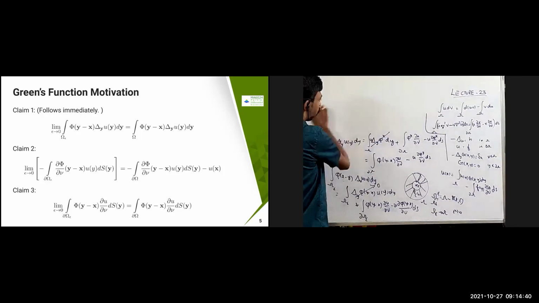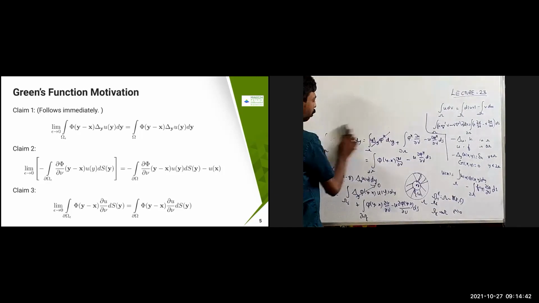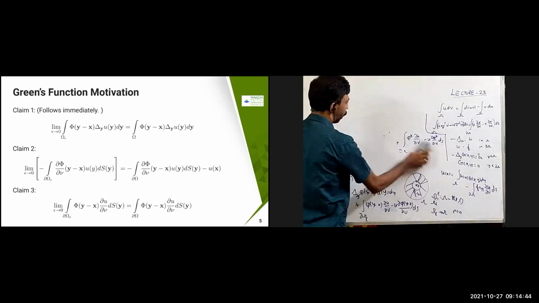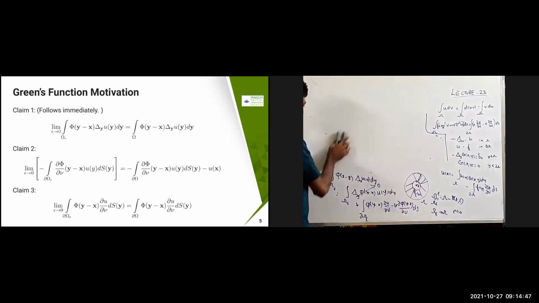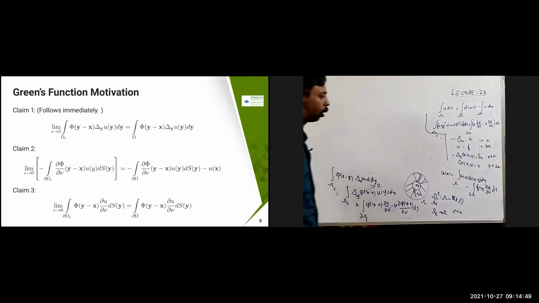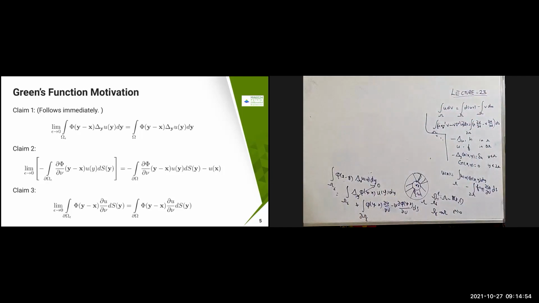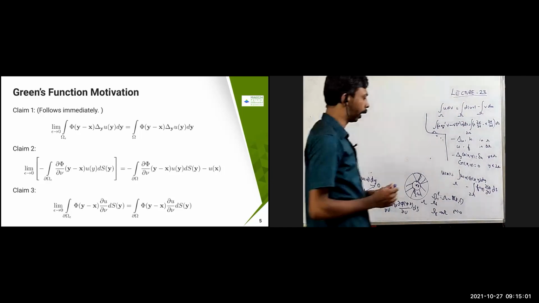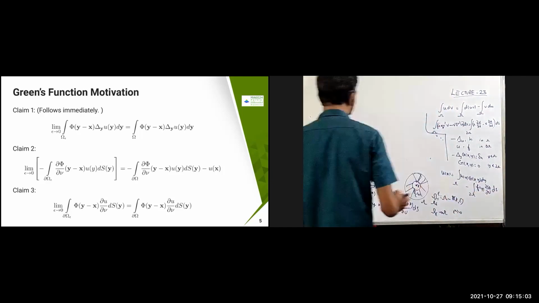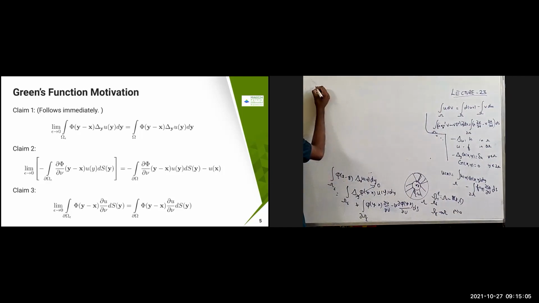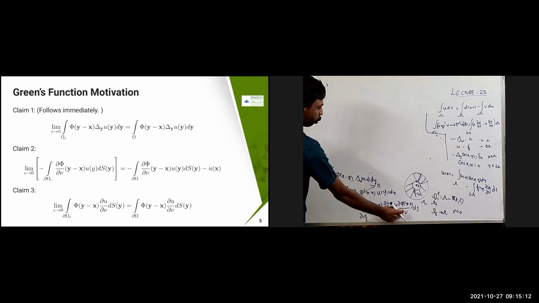So let us claim that. One side it is clear, as epsilon tends to 0, you are going to get that. The other side also it is fine, here we don't have any problem. So the other side also we are going to claim. Let us see that the claim 2 will prove these claims. The claim 2 is this right hand side first part, that is the part I'm proving.